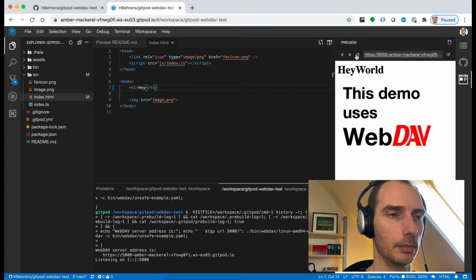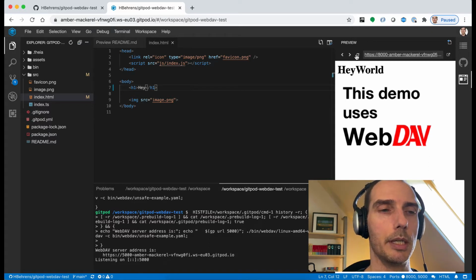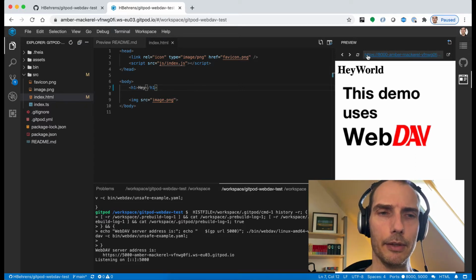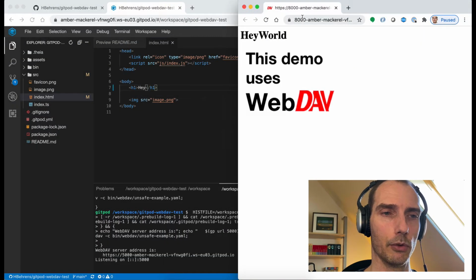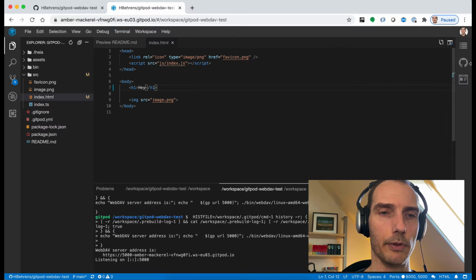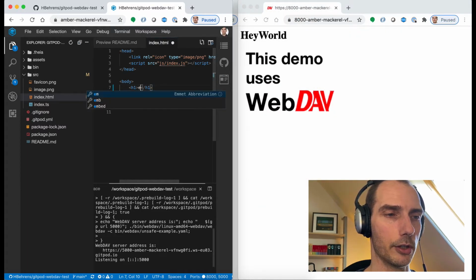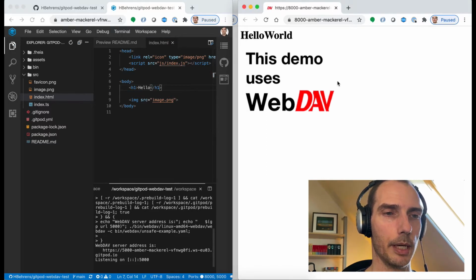Nothing new, Gitpod does this, but I'm now incrementally going to where I want to be and basically getting rid of this whole browser altogether. First of all, this is a public facing web server. So you can open this in any browser and refresh it here, and I don't really need this preview pane. I can now alter the files and make changes, and whenever I do that and refresh the page, it's been